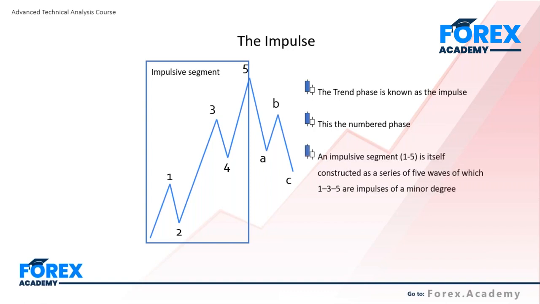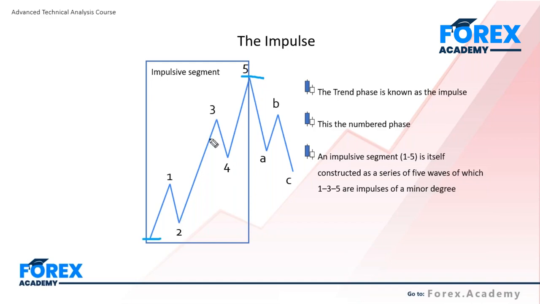In terms of identifying an impulse, it is also known as the numbered phase because it is labeled 1 through to 5. It's important to also appreciate that when we are looking at one impulse, in this instance what we mean is that we have one complete impulse from this point over here through to wave 5 up here, is that an impulse is itself constructed as a series of 5 individual waves, 1, 2, 3, 4, 5,